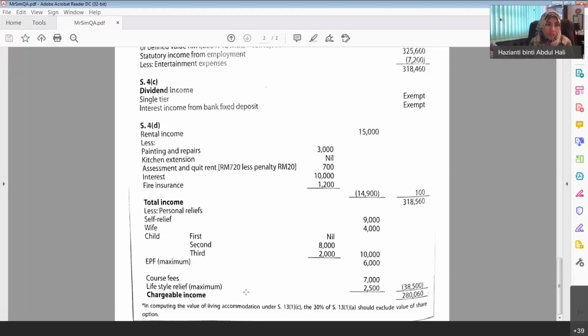Prof, nak tanya kalau macam untuk disable kan, kalau dia beli equipment untuk disable, kalau dia beli bukan untuk family dia boleh ke? Contoh macam dia tolong kawan dia ke tak ada? No, dia mesti untuk family je, parents, spouse, children. Okay, terima kasih. So beli untuk kawan ke apa tak adalah. Dia mesti untuk ataupun untuk diri sendiri kan.